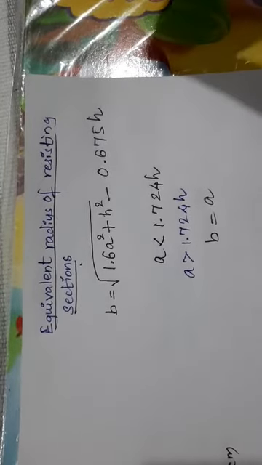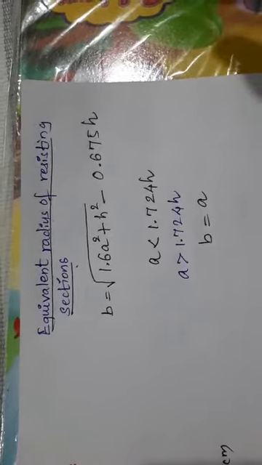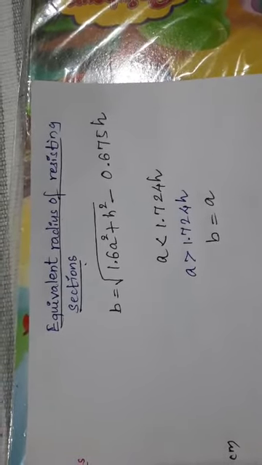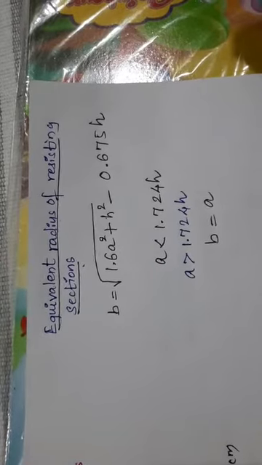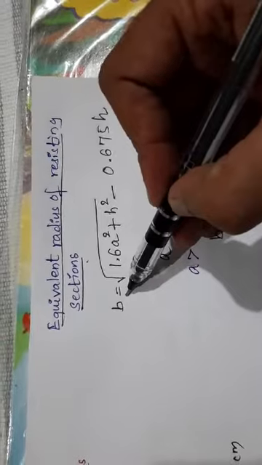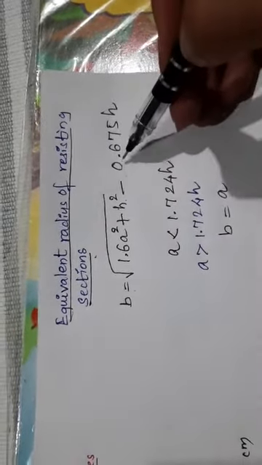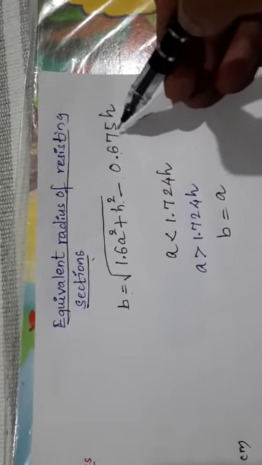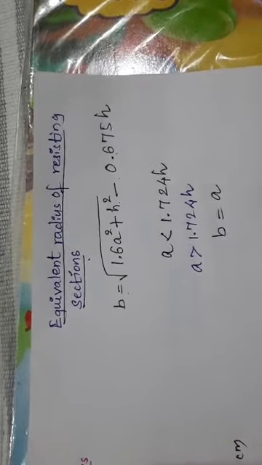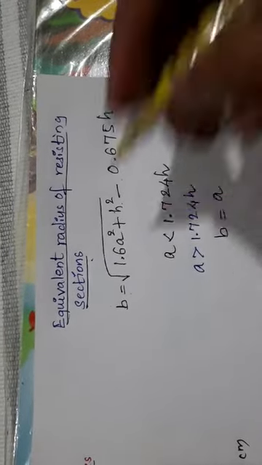Here Westergaard says the equivalent radius of resisting section is approximated in terms of the radius of load distribution and the slab thickness, and that is given by the formula b equals root of 1.6 a square plus h square minus 0.675 h. Here b is the equivalent radius of resisting section in centimeter,